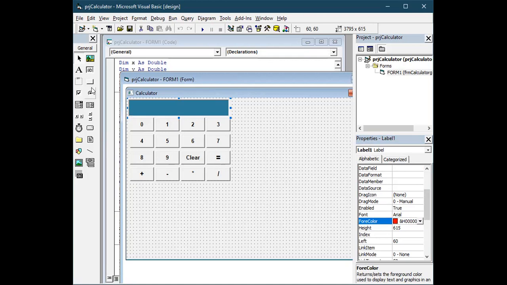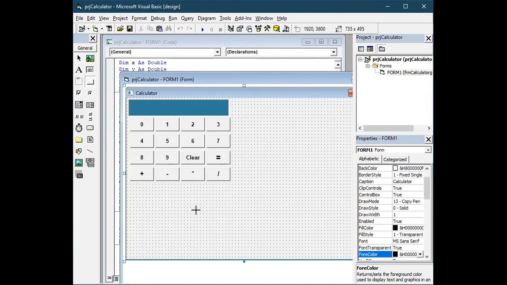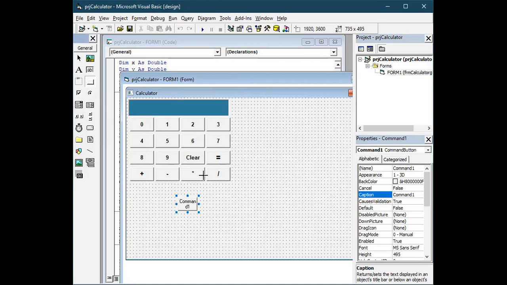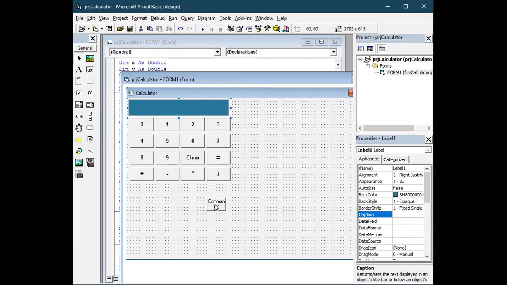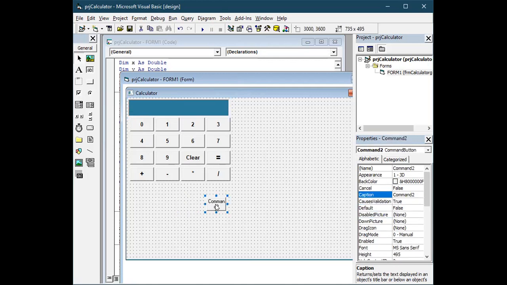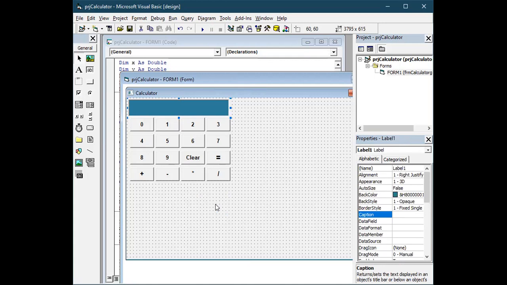Usually, when we have to place many command buttons, we take one and place it, then take another and place it. But for this exercise, we will use a concept called control array. You remember, an array is a collection of data items. In the same way, if controls are placed continuously, I call it a control array in Visual Basic.